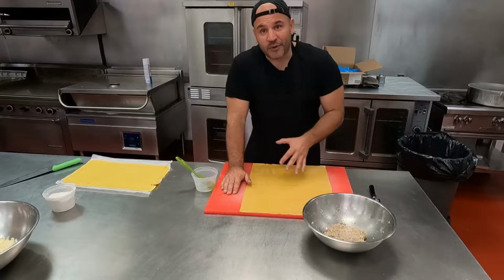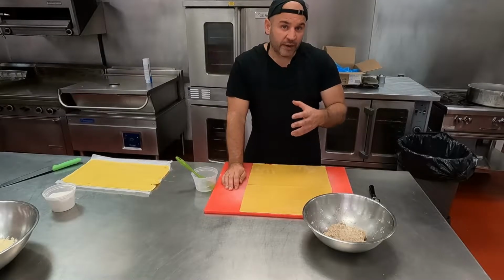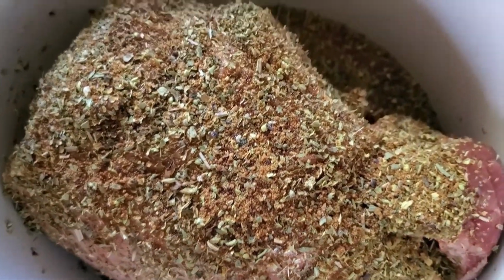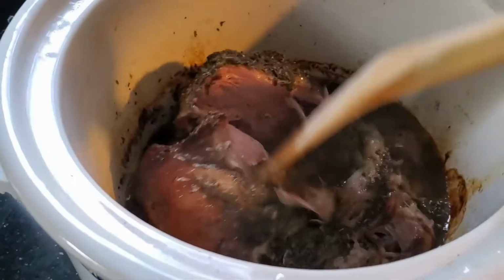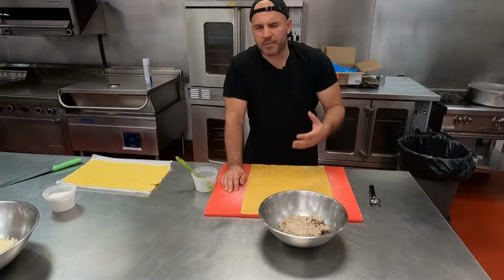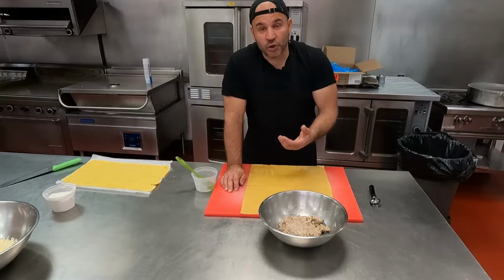So, like I said, we got some fresh pasta sheets here. What we're going to use for filling today, we did some very, very slow roasted lamb. I think it was 10 and a half hours. So what we got here is a mixture of that slow cooked lamb. It smelled amazing. I use the herbs and seasonings that I like, but you can do it any way you